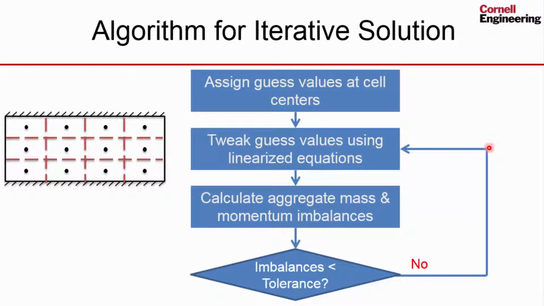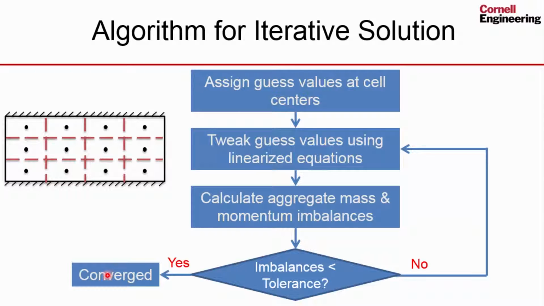And what we have to do is go back and recorrect, or retweak, these guess values and recheck if the linearization error has gone down. And if this process converges after some number of iterations, your imbalances for mass, x momentum, and y momentum are going to fall below the specified tolerances, and we have the converged solution, which means that now our linearization error is below a specified